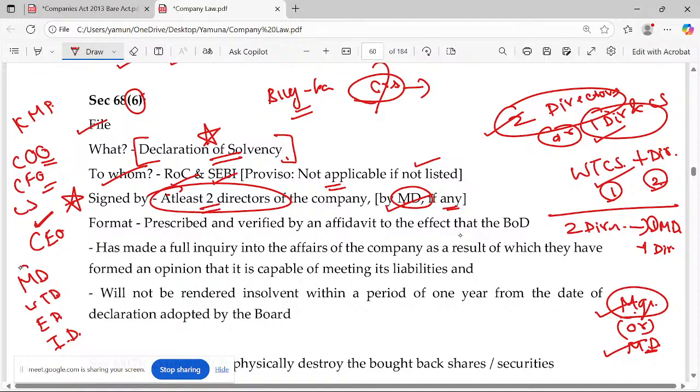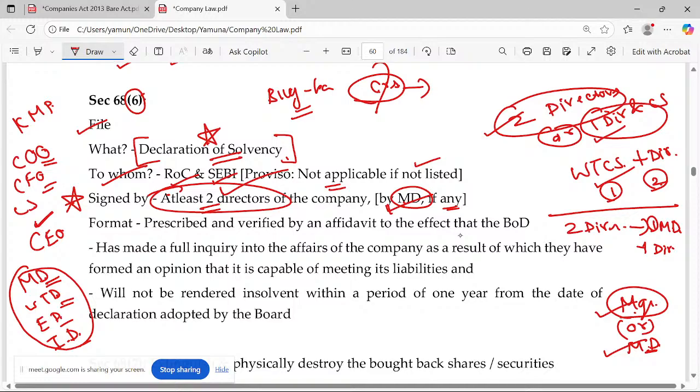An easy way to recognize whether he is a director or not is by the designation. Managing director, it will end with director. Nominee director, small shareholder director, this director, that director. Every name will contain director. So when we say two directors, by default, if there is a managing director, the managing director will sign. If there is no managing director, any two directors, but any two is not any two; they should be authorized in a resolution. Please make a note of it. The Act says any two, but you might have held a board meeting, right? In that board meeting, you might have authorized the two directors who have to sign the document.